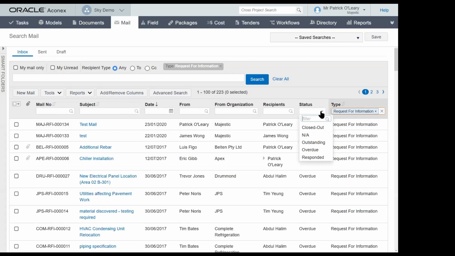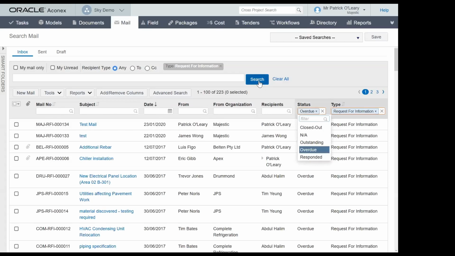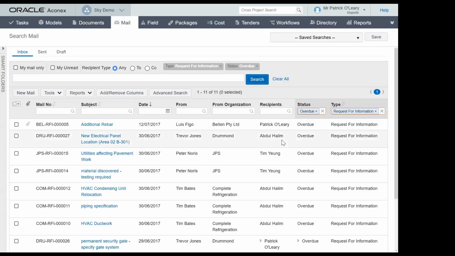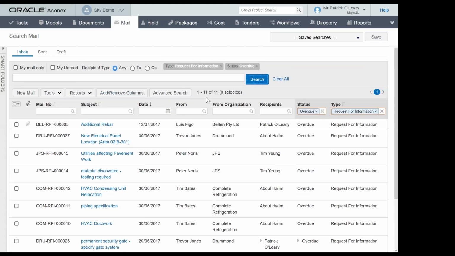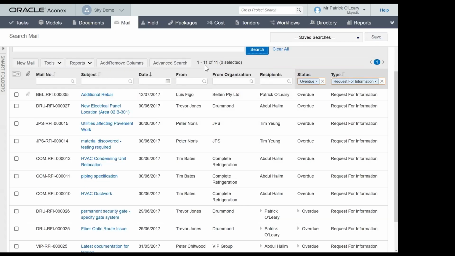We could even filter according to the various statuses. Usually on Monday mornings, you want project managers to look at the outstanding or overdue RFIs so that they can actually work on this. So very quickly, from 927 pieces of correspondence, we're able to narrow this down to 11, which are RFIs that are actually overdue.